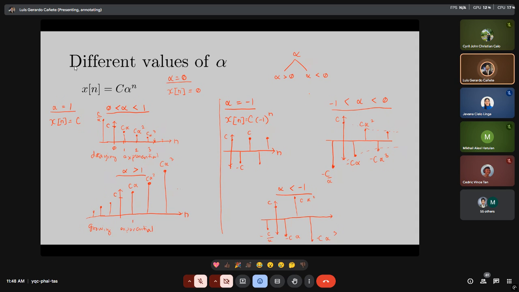But because we're now saying that alpha is any real number, you get this other representation for exponentials that grow and exponentials that decay, but while they're growing or decaying, they have this alternating function between positive and negative. So